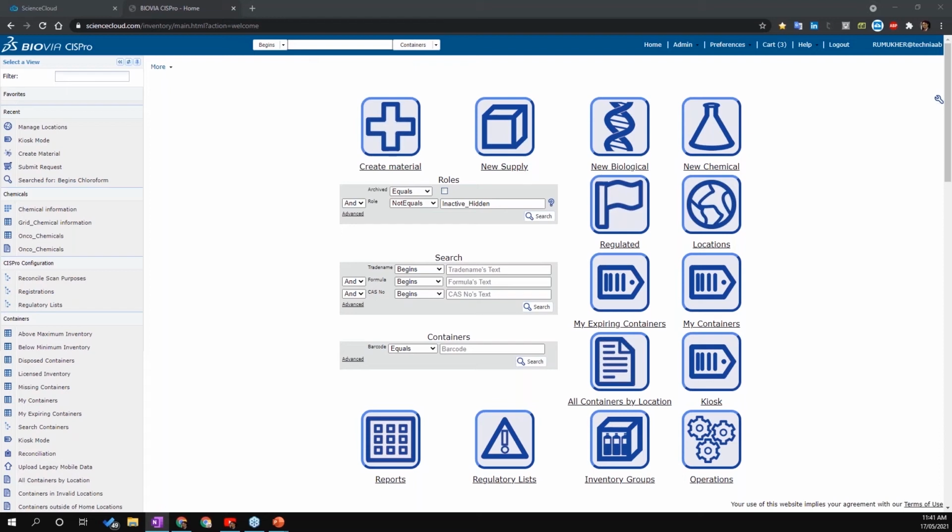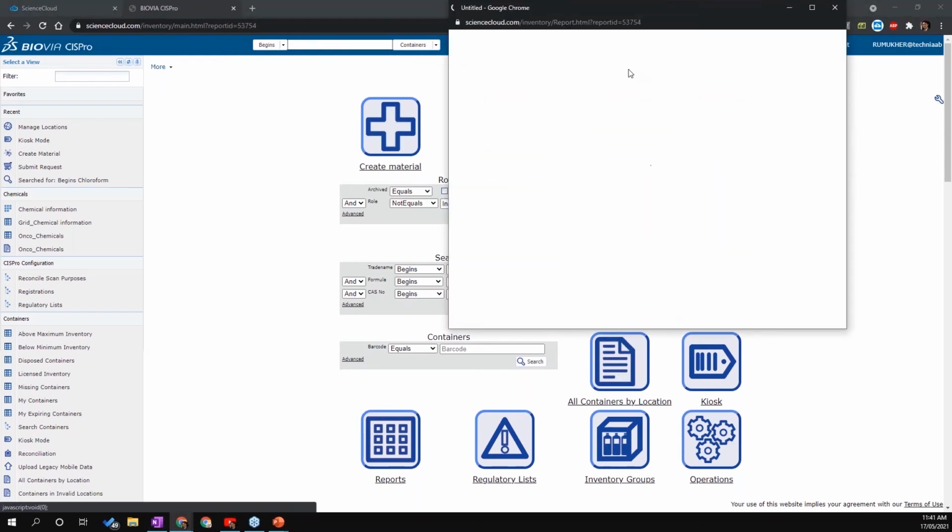CISPR helps us to proactively monitor regulated inventory and generate different types of reports based on various regulated reporting requirements. So let's start with a simple report. Now I would like to check all containers across some of my locations quickly and easily. So here I have a report configured which I can use. It's called all containers by location. So if I click on it